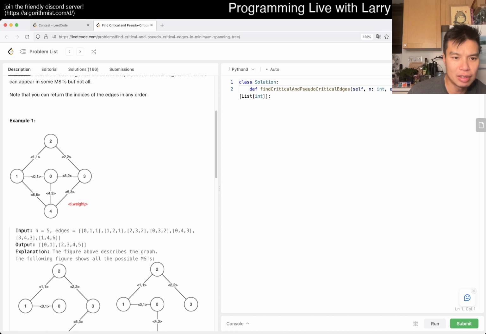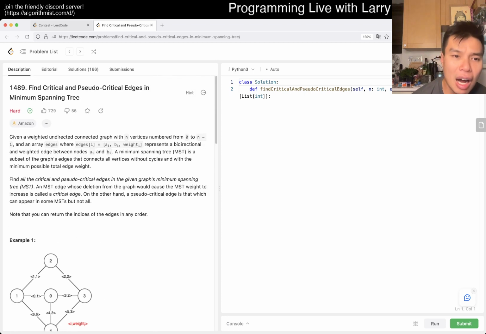Wait, is it? Oh, yeah, okay. No, the input is fine. I think this drawing is... Okay, I guess that makes sense in the context of the output. Okay, alright, let me reread this. Okay, so a critical edge is, okay, so that means that